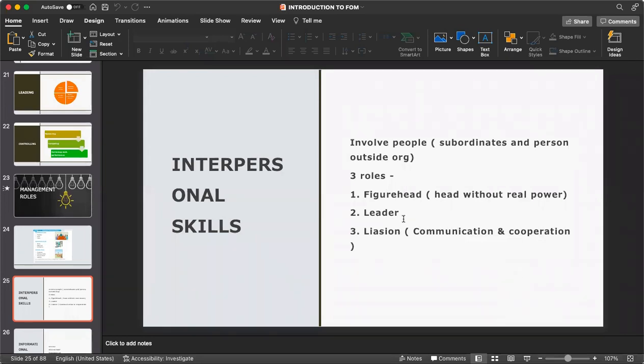Yeah. Second one is leader. I think it's very common, because a leader is someone who is taking decisions, who is leading from the front. Yes, definitely, he's a head, not a figurehead. Figurehead means basically nothing. Just for the sake of name, or any other parameter, you are considering a person as the head.